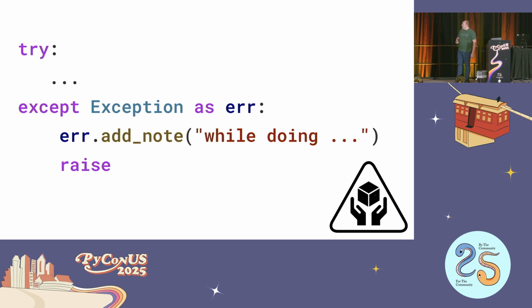A different feature, which I like a little more, also modifies exceptions in place. But the add note method is designed to let you record what was happening when the exception went past your code. So I tend to think of this as being something which is most useful for libraries or frameworks, where raising your own custom exception type is not appropriate because you actually don't want to change the exception that the user raised originally. You just want to annotate it and say, this happened while I was doing some particular operation, while I was operating on a particular task, whatever it is.